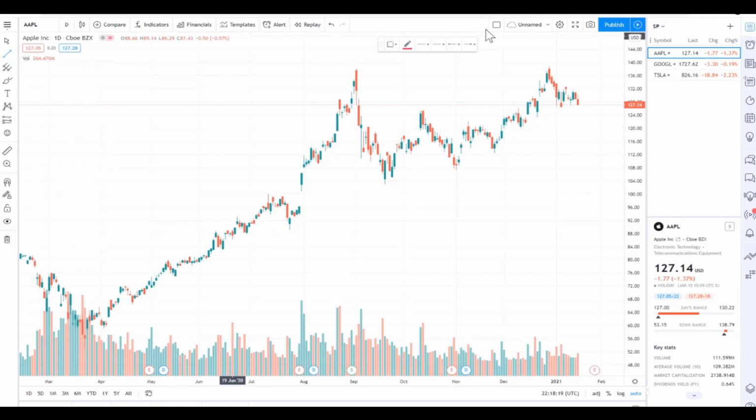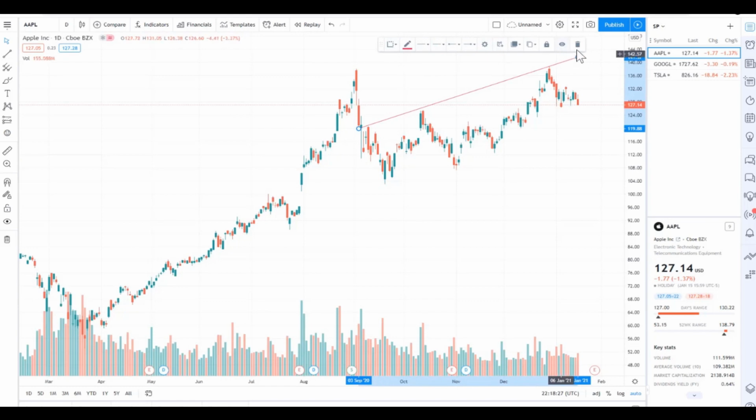These are the trend line tools. Let me pick up the first one. And using my mouse, I can draw the trend line. You see this floating bar here, it gives me some quick setting options. I can delete this drawing line, I can hide it, I can lock it, I can clone or duplicate it. And I can also use this setting options.